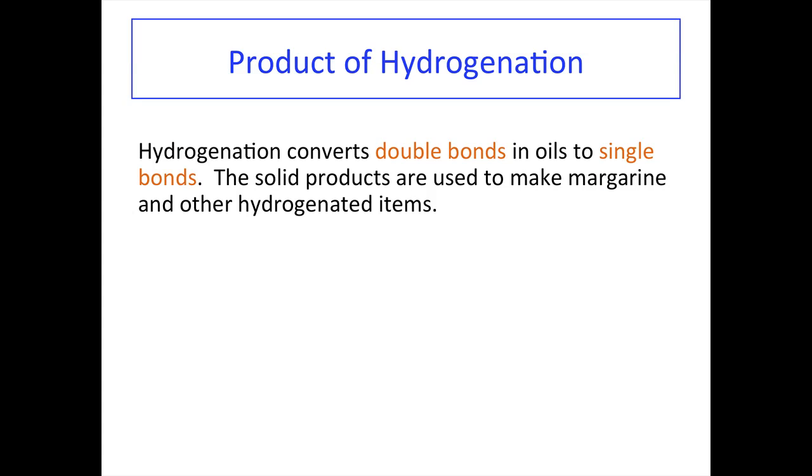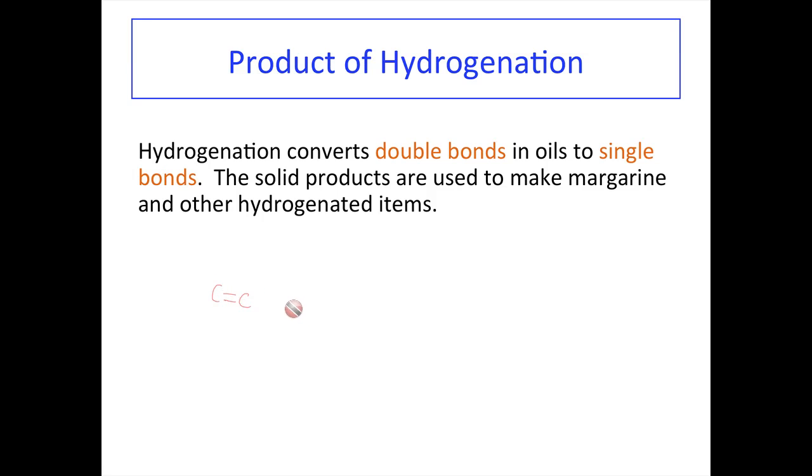Product of hydrogenation. Hydrogenation just simply means that we're going to be adding hydrogen across the double bonds. So basically, what we're looking at here is this. Now, remember what I told you before. Carbon is a tetravalent atom, meaning that the maximum number of single bonds it could form is 4. So if we have, let's say, a carbon